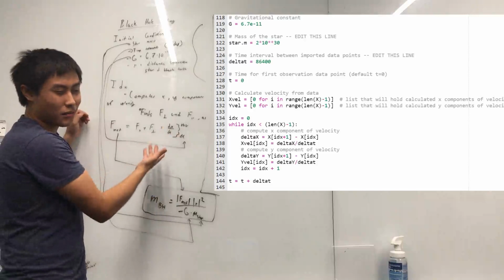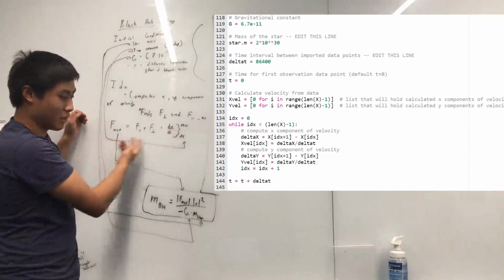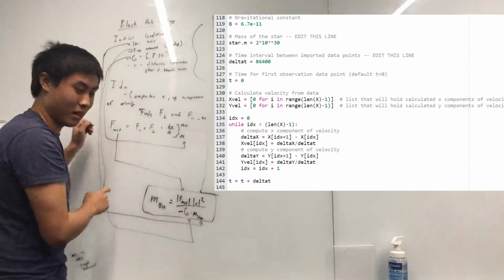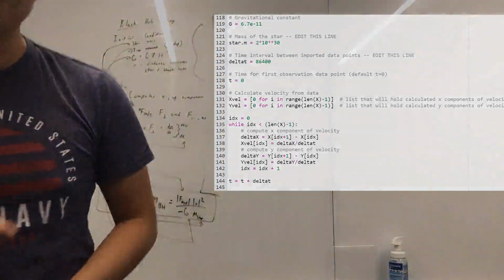When we know the x and y components, we can find the perpendicular and parallel forces. Thus, since we know the summation of the two is our net force, we could then plug it in as a magnitude over here in our equation. So let's go on how that'll go under a while loop.